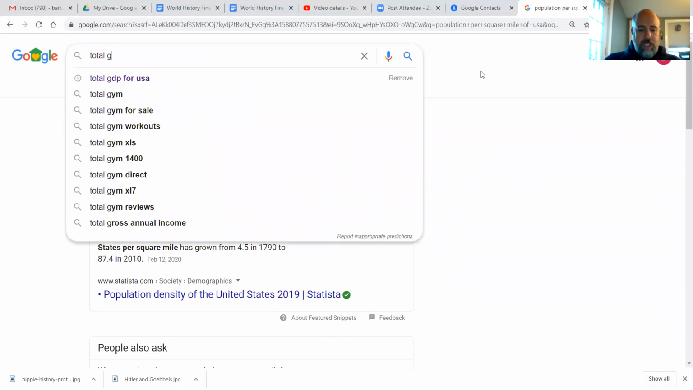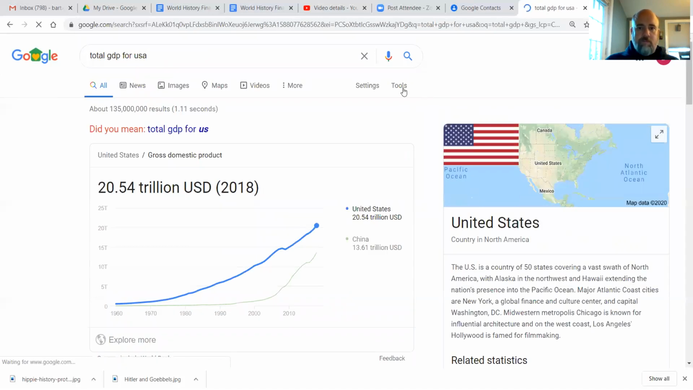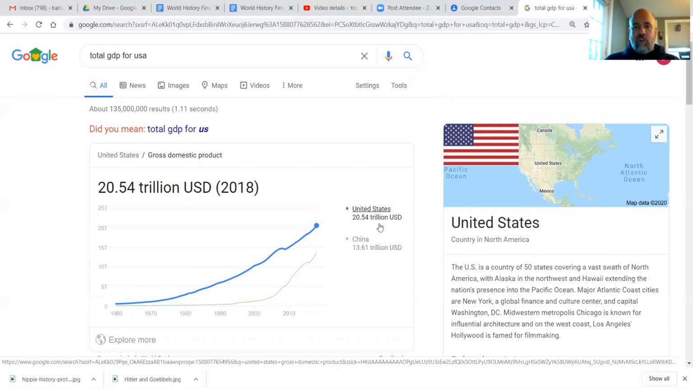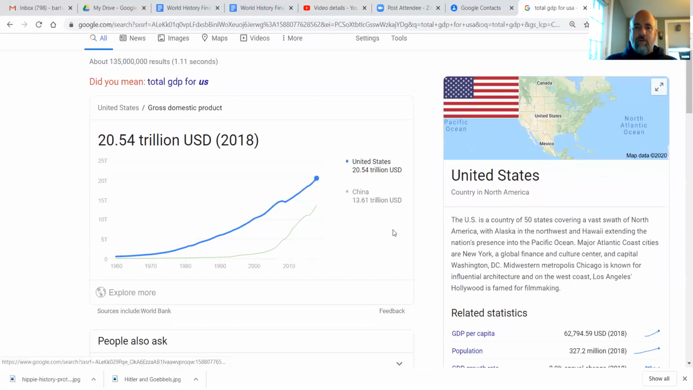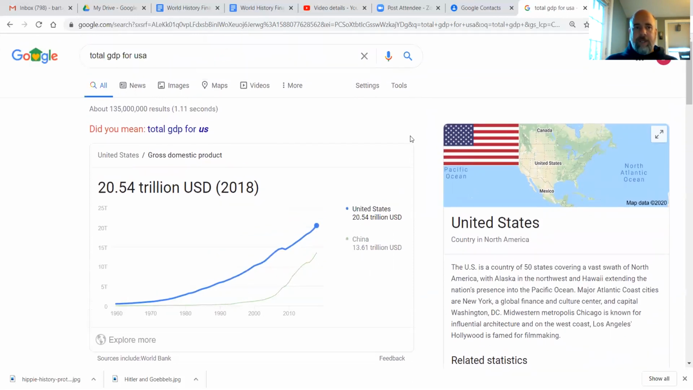Now, let's look at total GDP for USA. So it says as of 2018, $20.54 trillion. So this would be all of the goods and services of the United States combined. The United States is number one on this list. China is number two. And China has been growing, and a lot of people are like, China's going to catch up. Well, that is possible, but here's the important thing: total GDP is one measure of economic success, but